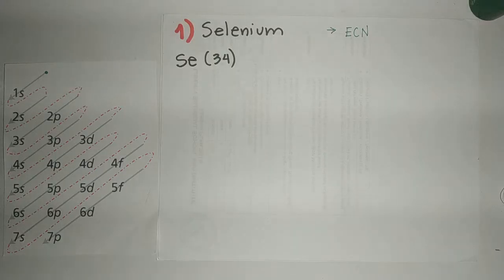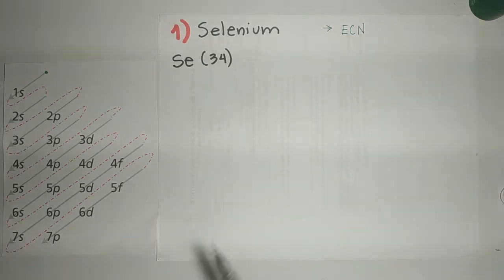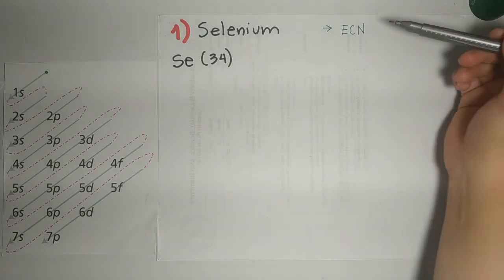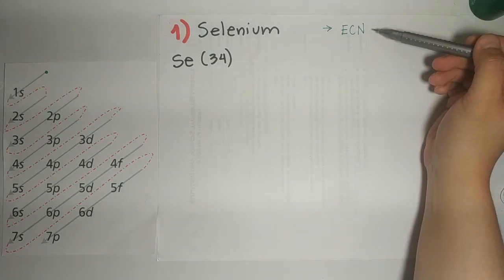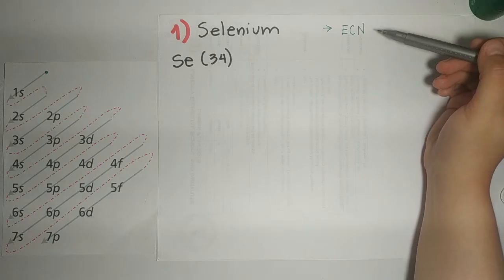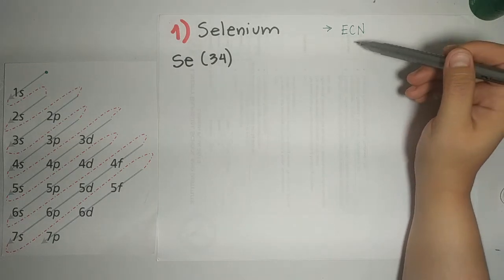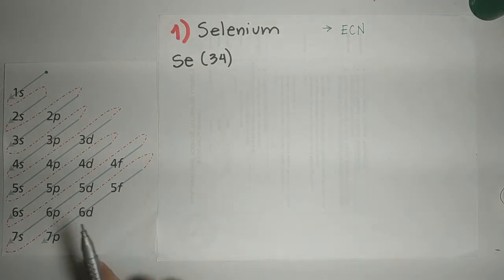Guys, last time we were talking about electron configuration notation. We said that we have three methods, and the one that I explained is electron configuration notation, or what we know as full notation. Now the second method, today's method, is